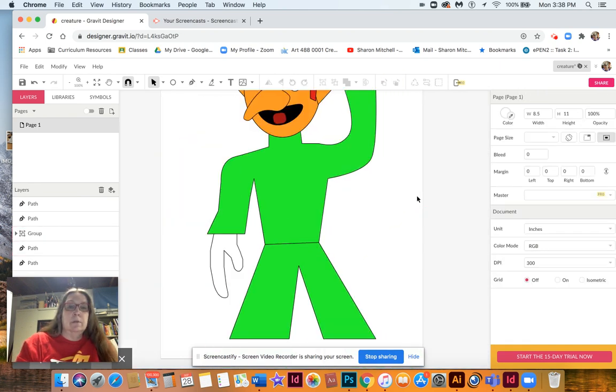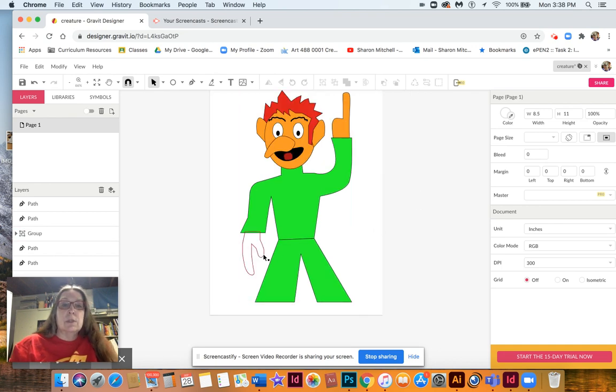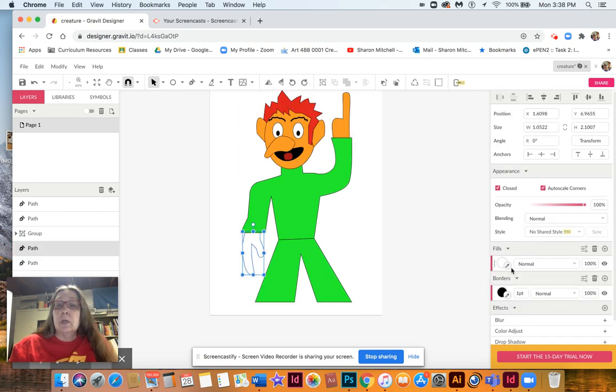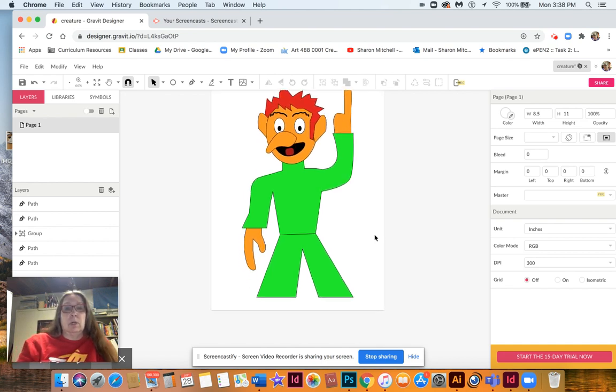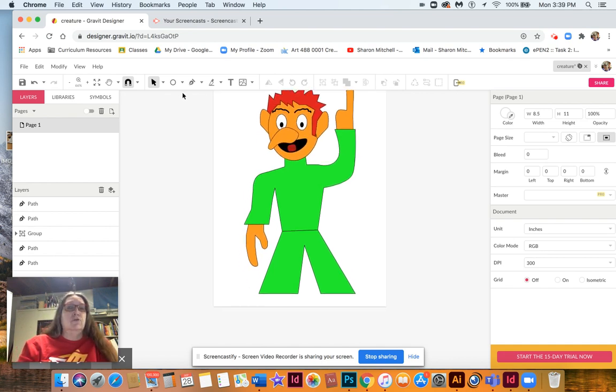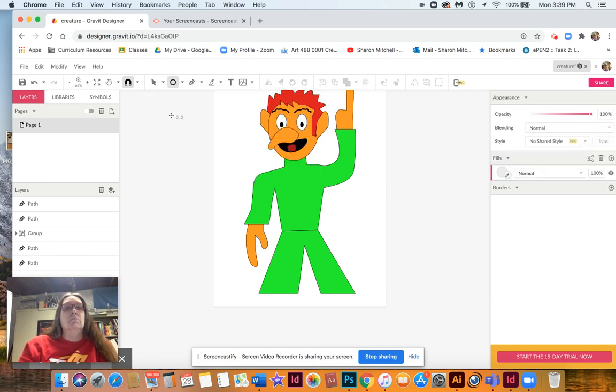Let me zoom out so you guys can see that. I'm going to select it, come to the eyedropper, and scroll over there, and there. Now we got that color. Okay, now I've got to give him some feet. I want him to have some kind of feet. I can either draw it, or I think this time I want to make the feet with the